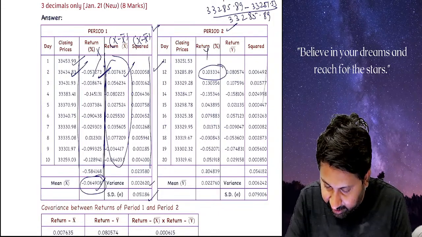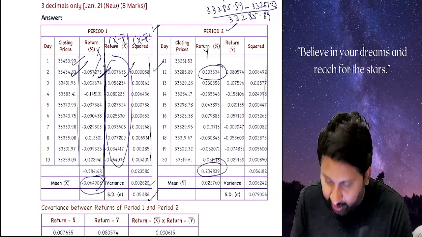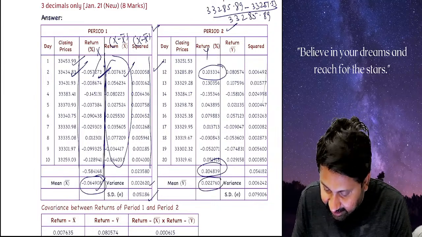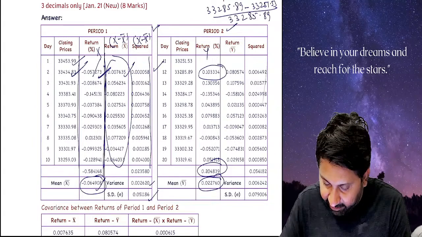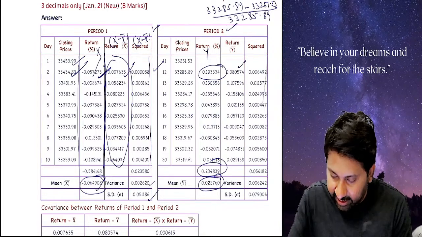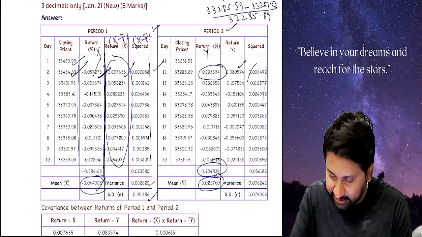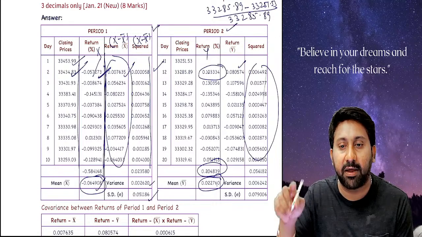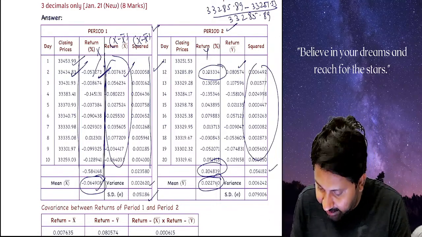Later, this is Y. This is the total, divided by 10, which is the average, Y bar. Y minus Y bar, you will get this value. Like that, Y minus Y bar you have to calculate. Square them. Y minus Y bar the whole square, and if you total them, you will get this.